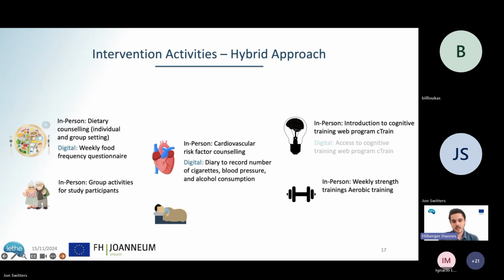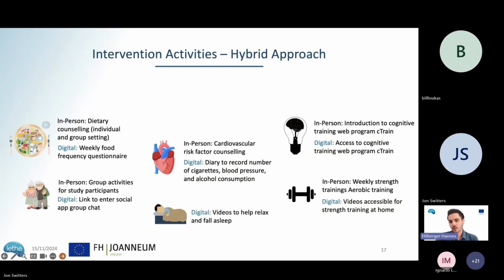And at the clinical centers, we have various in-person activities. But for the Lethe app, we've developed for each lifestyle domain a digital counterpart, like questionnaires, a diary, or videos. But we also incorporate multi-domain activities, which are personal goals, tiny habits,